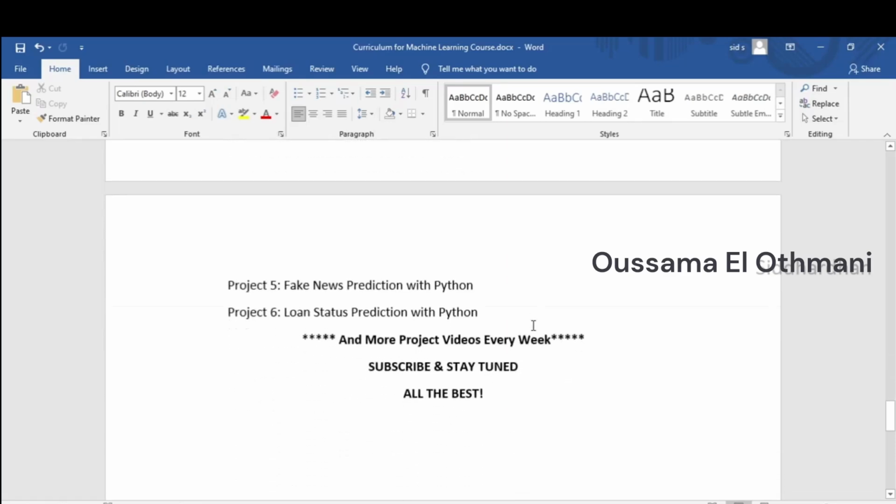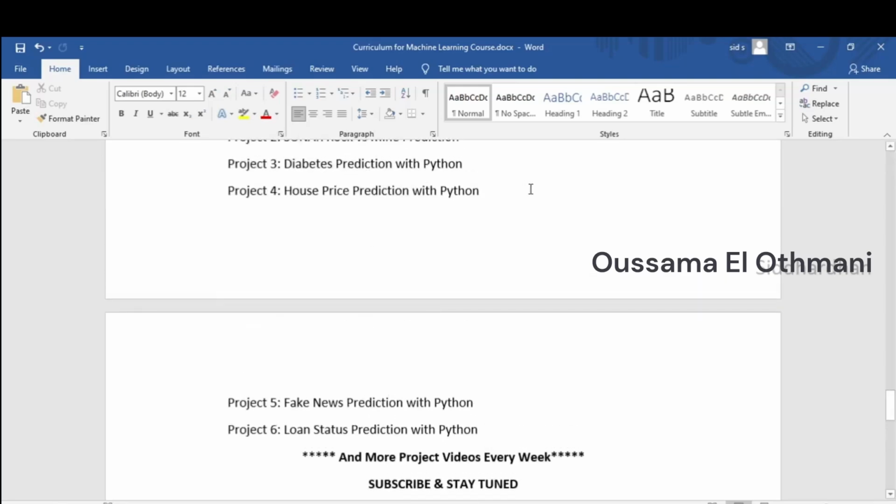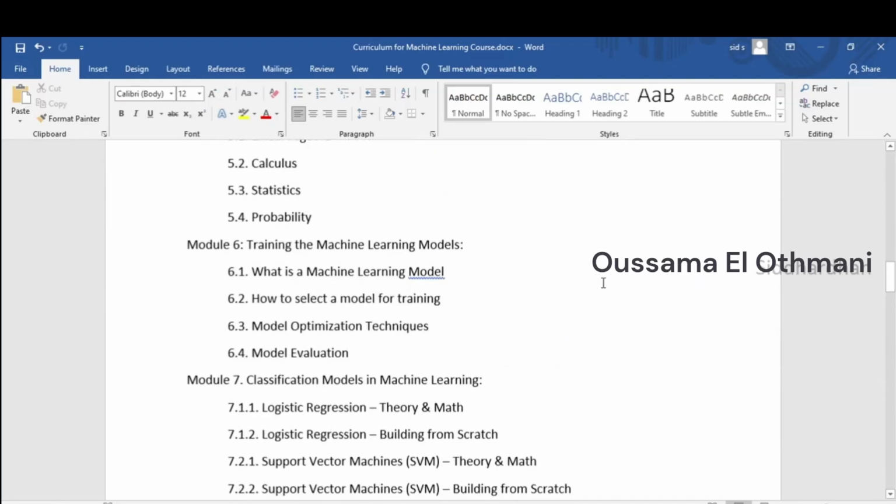Once we complete this machine learning course, we will be learning about deep learning. Deep learning deserves a complete standalone course, so once we complete this machine learning course, I will be making a deep learning course. But it's a topic for some other day. When I complete this course, one would require 3 months or